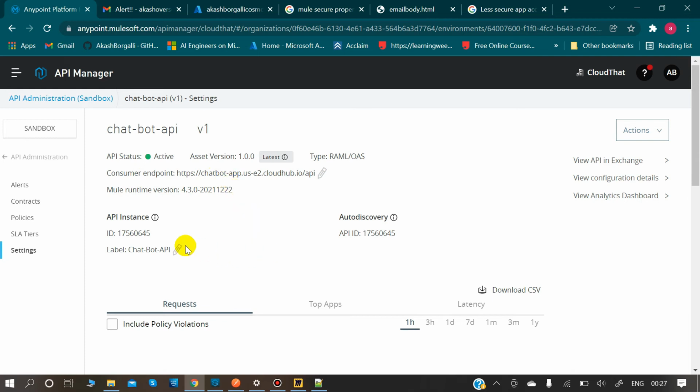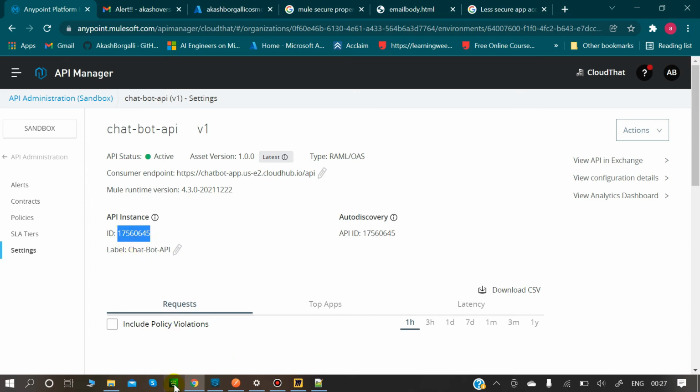Before deploying, you need to take this particular ID so that it links. So API Manager comes to know that the actual implementation is done and whatever policies I'm going to add should be added to that particular API. This ID is required.